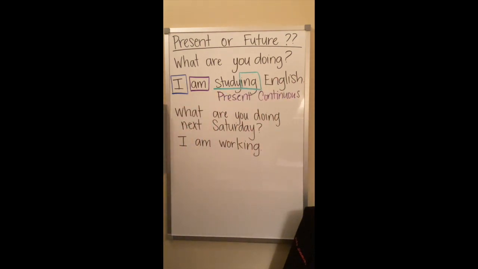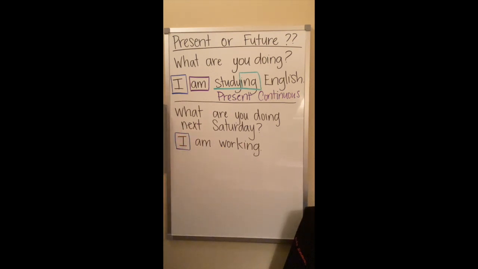Okay, and then if we look at the next question here, I draw a little line here to separate. What are you doing next Saturday? Part of this question is exactly the same. What are you doing? What are you doing next Saturday? Okay, and we have an answer here, and I'm going to mark these as I did the other sentence with